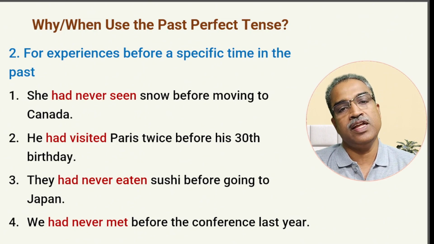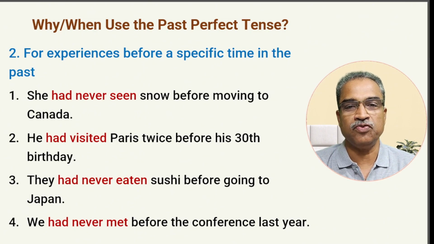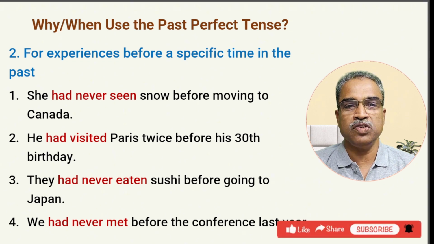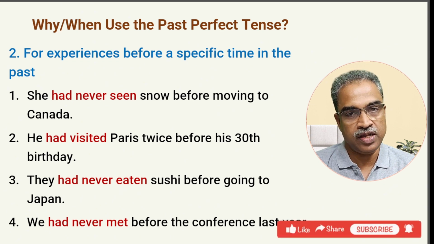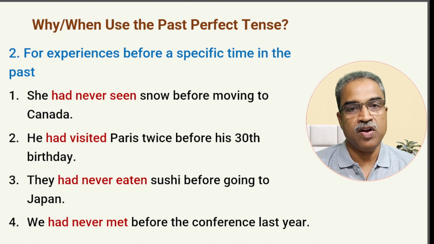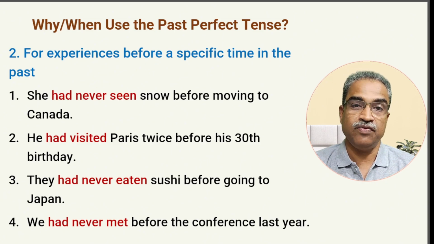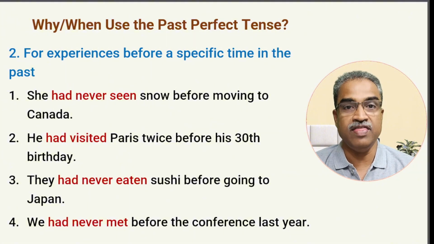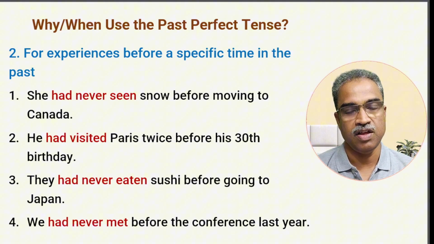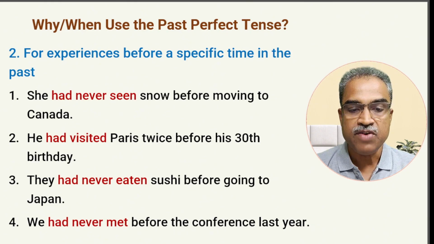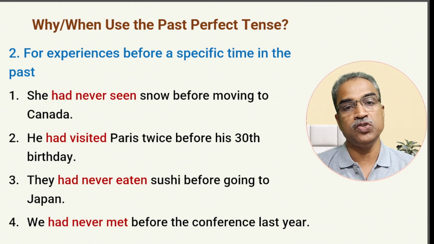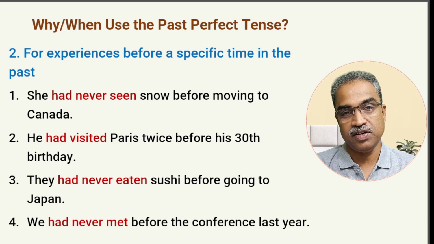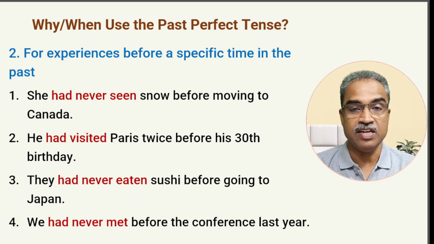Actually, the first that I explained and this one, there isn't much of a difference. In the first two, we are mentioning specific incidents, but here we are mentioning one incident with a specific time. So before that specific time, something took place in the past, everything in the past. For example, she had never seen snow before moving to Canada. You understood? So she had never seen,